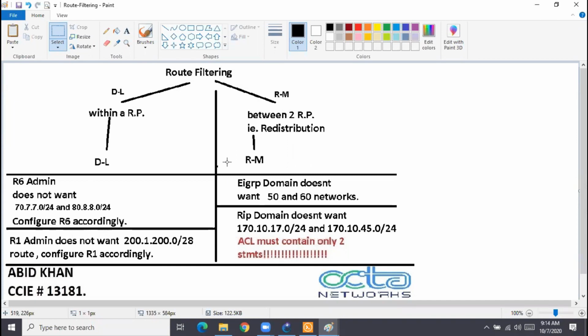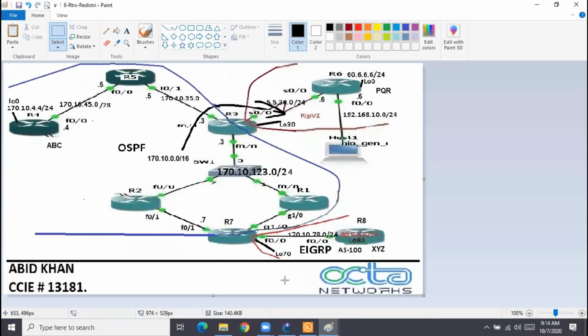See another example to understand the access list now. You are an admin. Let's say you and I are all ultimately network engineers, all admins. Somebody comes and shows you a diagram. He says R8 is receiving some routes from R7.